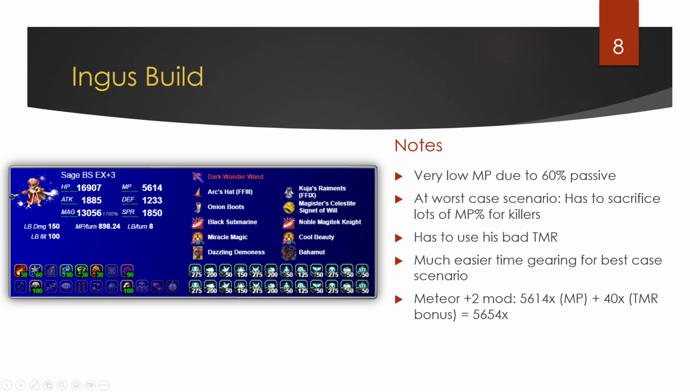Now let's also check out Sage's build, not Ingus build, sorry. And Sage, or Awakened Onion Knight, is using the new wand, which has 4 of 5 magic. Very good, very good. But all in all, as you can see, he has a lot less MP than, say,